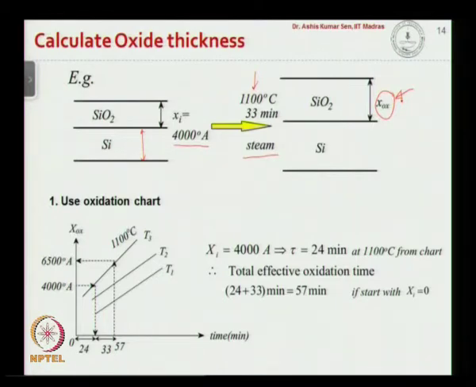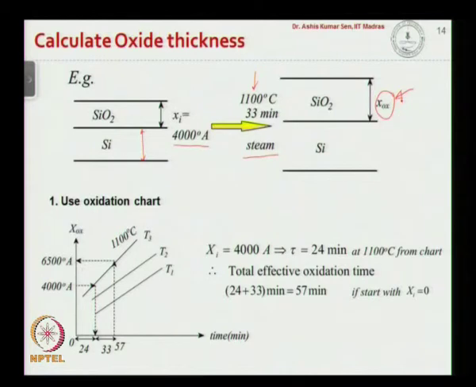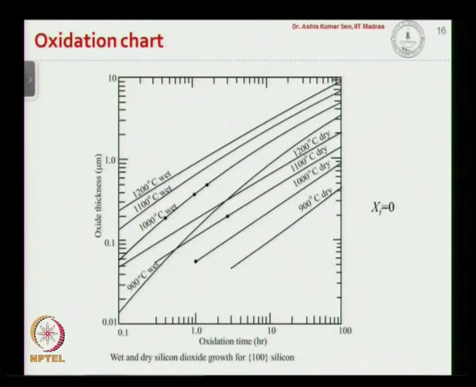So there are two approaches to do that. One is there are oxidation charts available. The second approach is to use the equation, the Deal-Grove model. Now if you use the oxidation chart, which is here, this chart is valid for Xi equal to 0, that means there is no existing